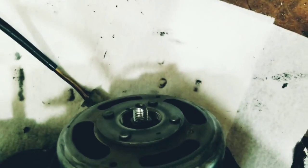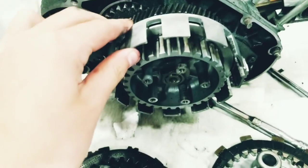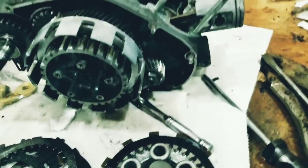And here's your flywheel, I believe. Or is that? No, but these are the clutch. Yeah, this is the clutch disc, right? Because your clutch basket's right here. Honestly, I feel like I'm right. I don't really know, but